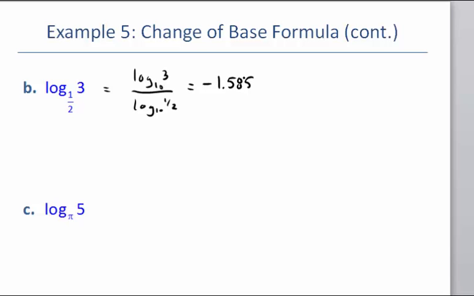1.585. Our last one is log base pi of 5. So again, we're going to say log 5 divided by log pi. That's your change of base. You can choose whatever base you want, but again, it only makes sense really to choose a base 10 so that you can use your calculator on both of the top and the bottom. You enter that in your calculator, log 5 divided by log pi, and you should get